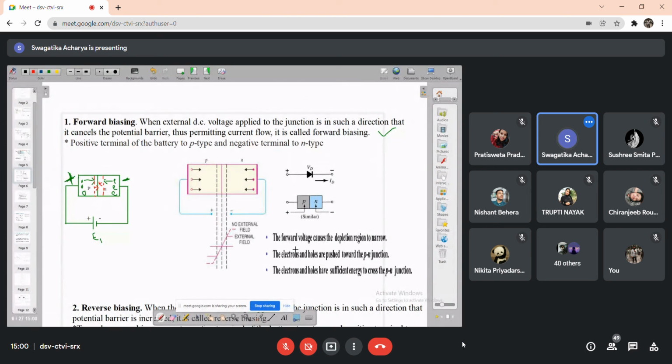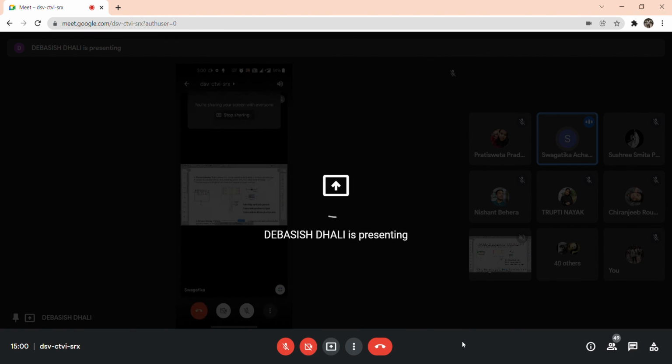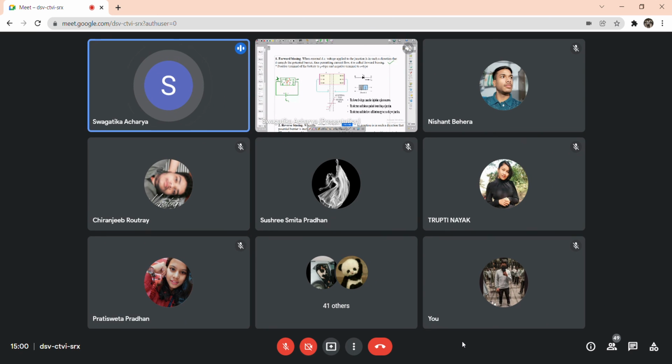So you can write down, that's why this definition is here. When external DC voltage applied to the junction is in such a direction that it cancels the potential barrier, thus permitting the current flow, it is called forward biasing. Because of this the depletion region width comes down, right? The depletion region provides some resistance, isn't it? That will reduce. Yes, ma'am. Now the electrons can easily move in this direction, and the holes can easily move from P to N-type, isn't it? Already negative potential is there, and positive potential is there. So this positive potential will again attract these electrons. Yes or no? This positive potential will attract